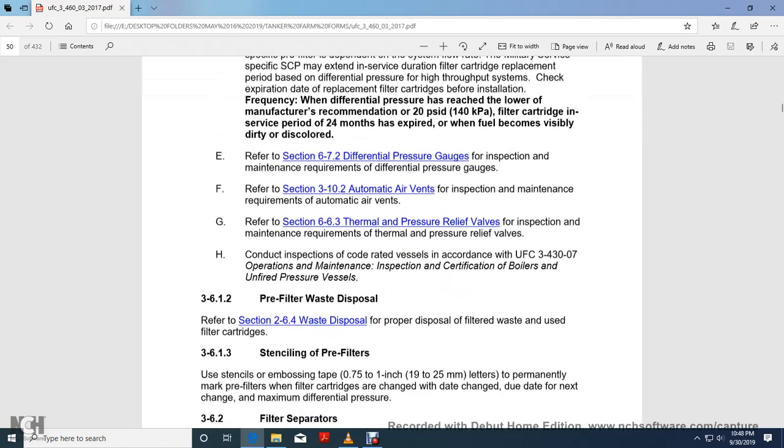Alright, refer to section 672 with the differential pressure gauge and inspection maintenance requirements of the differential pressure gauge. Refer to section 310.2, automatic air valves, for inspection maintenance requirements of automatic air valves and air vents. Refer to section 66, thermal pressure relief valves, for inspection maintenance requirements of thermal and pressure relief valves. Conduct inspection of code rated vessels in accordance with UFC